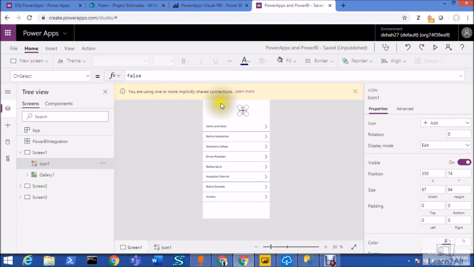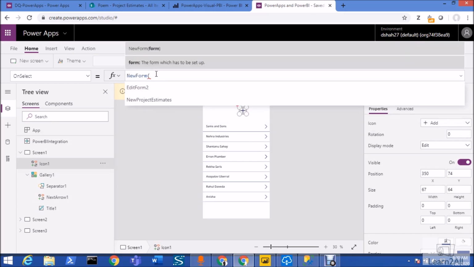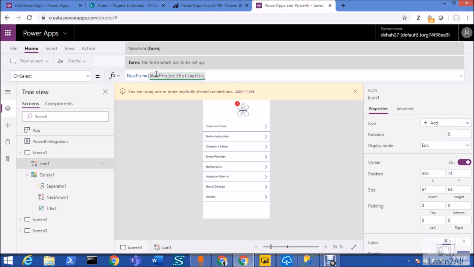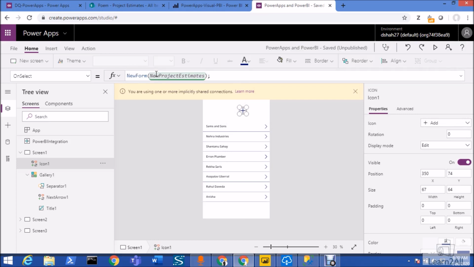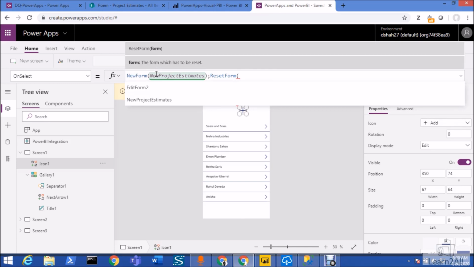On new form, from this home screen, we just need to initialize our form. Let's write the command NewForm. Inside that we need to find new project estimate. We need to reset the form as well. Before opening that, ResetForm.